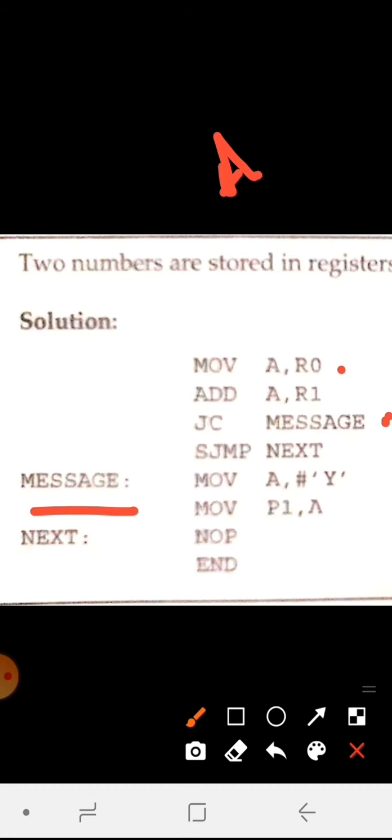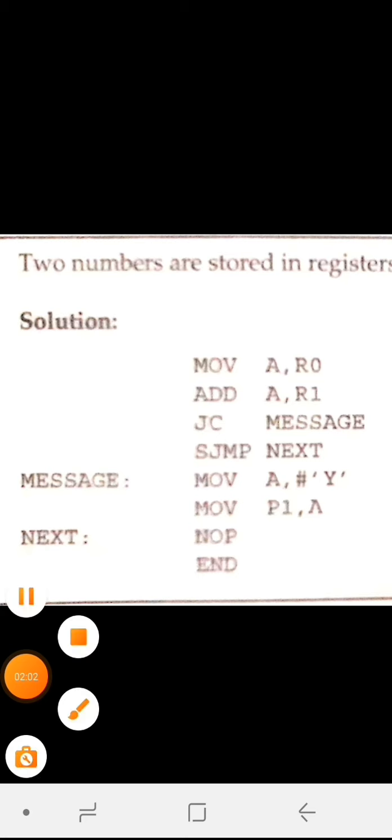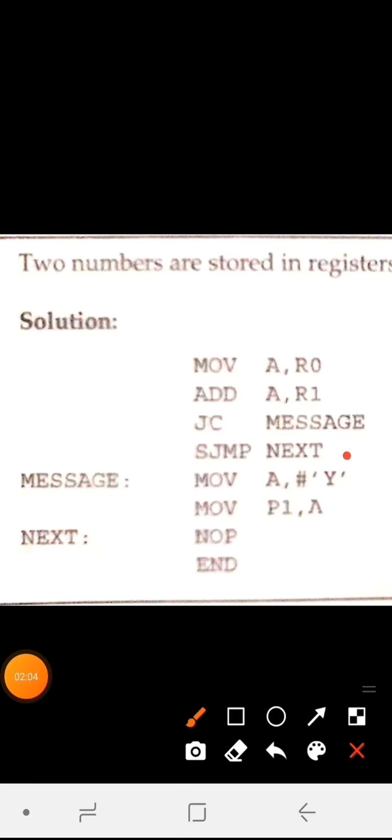What this message is saying: if there is a carry, you are sending Y on port P1. If there is no carry, we will go with the instruction SJMP NEXT. So if there is no carry, we will be jumping to this section of the loop which says NOP, no operation, and end of the program.